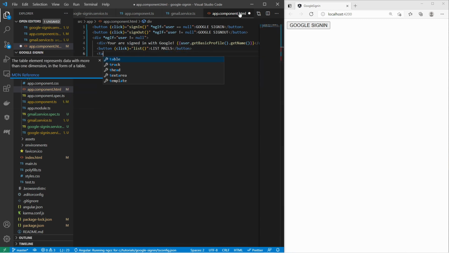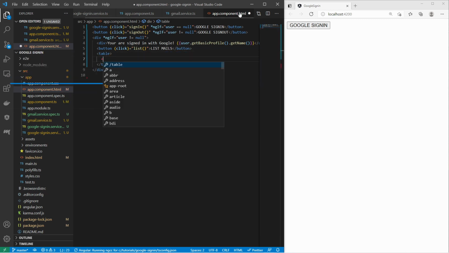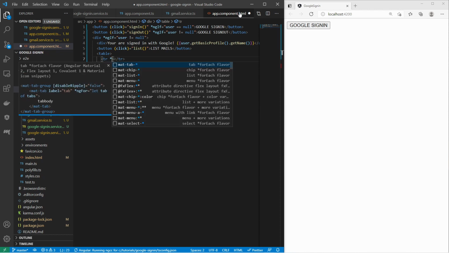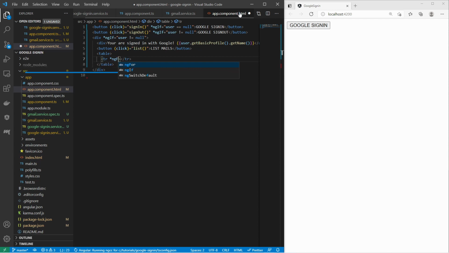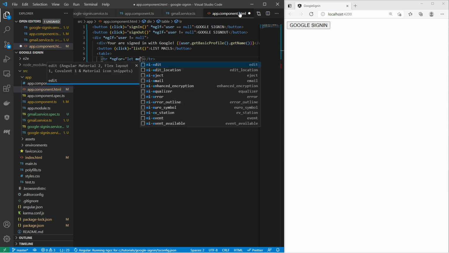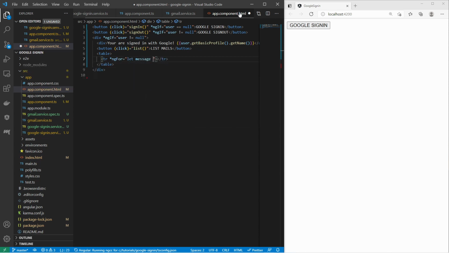And below that button I would like to create a table, and it will contain a row, and this row will be generated for each message list entry, *ngFor let message of messages, and here I can say the column here, this one, it contains the message ID,